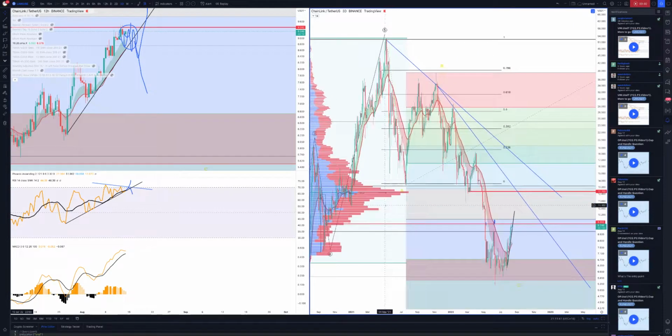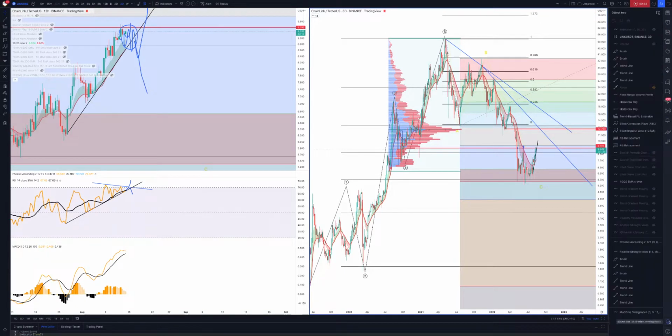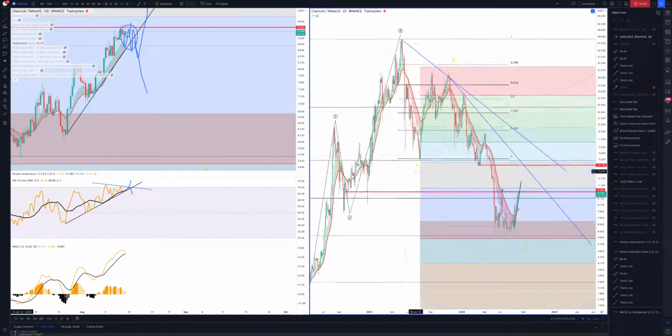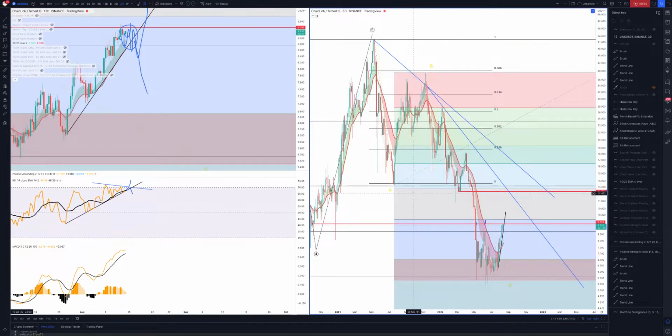From a macro perspective, are there any patterns? Don't know. Not sure if there's any patterns that we can rely on that one. But definitely this level here. So we've got this level to break through, which is probably likely to happen. And we've got that trend line.